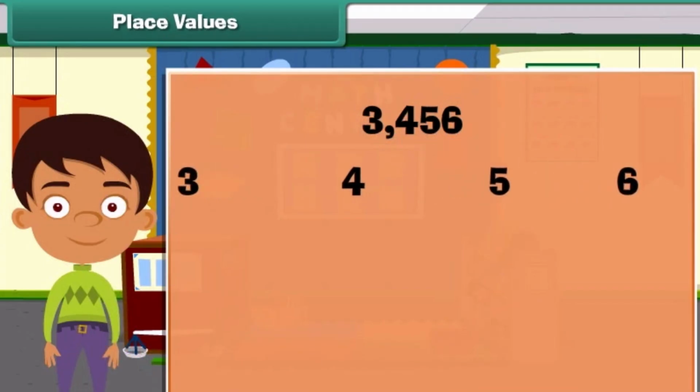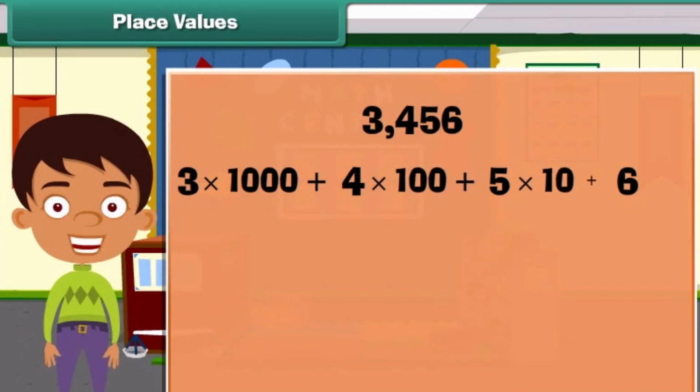3,456 is equal to 3 into 1,000 plus 4 into 100 plus 5 into 10 plus 6 into 1. Now we can say that the place value of 3 in 3,456 is thousands. Let us find the place value of 4 in the number